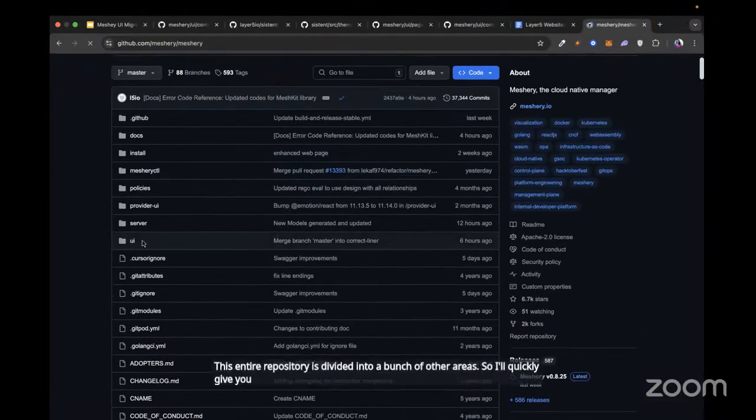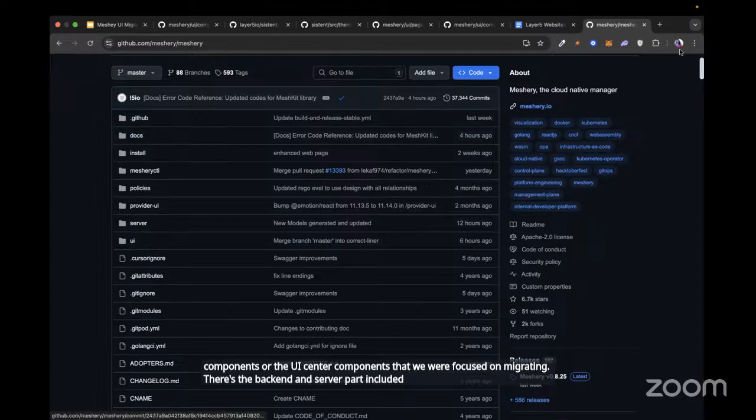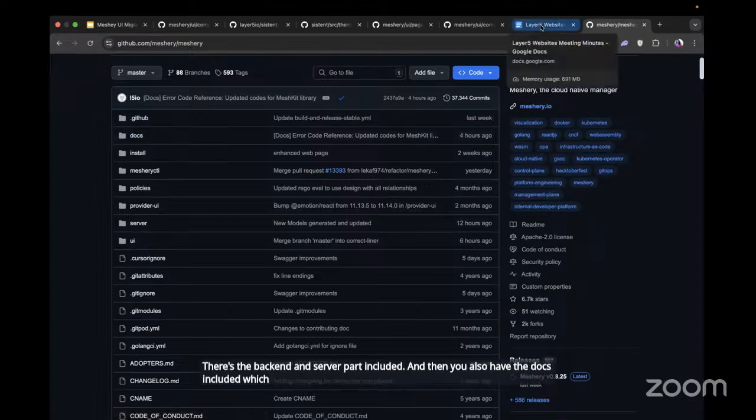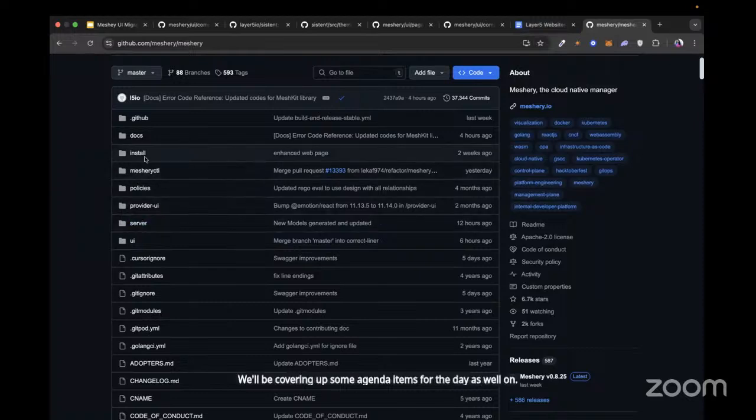The UI folder deals with all of the UI-centric components that we were focused on migrating. There are the backend and server parts, and the docs, which we'll cover as agenda items later for the day.